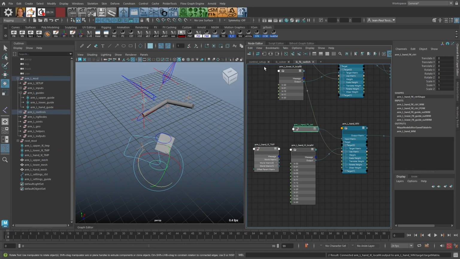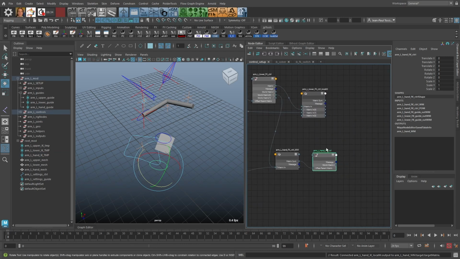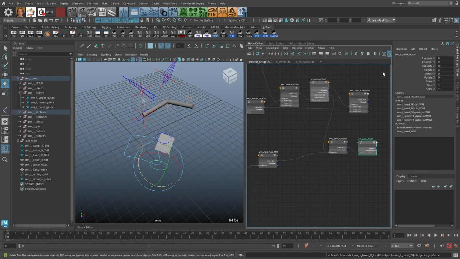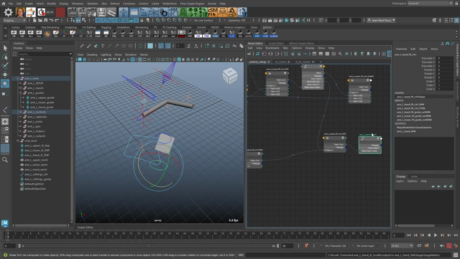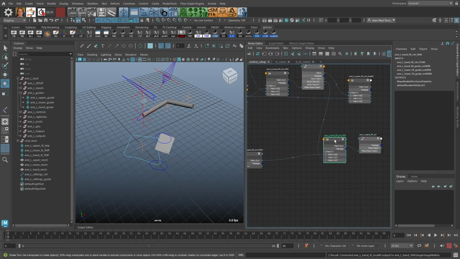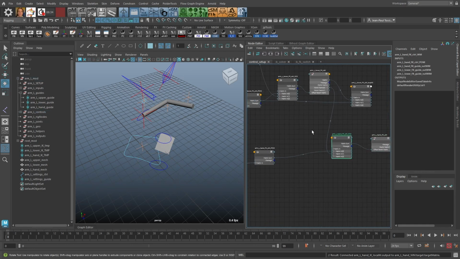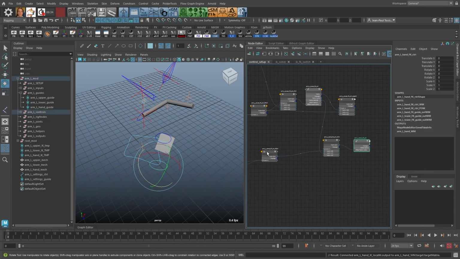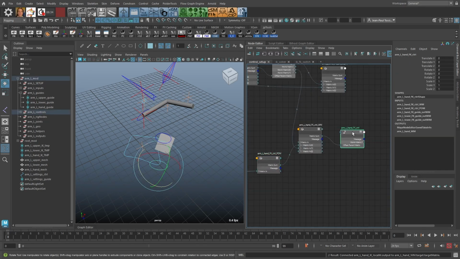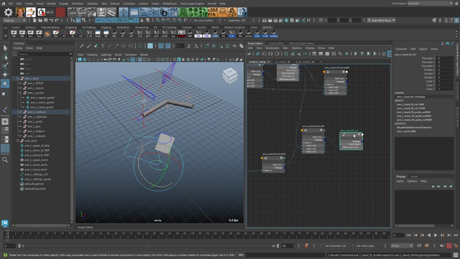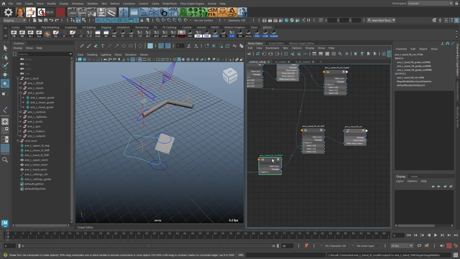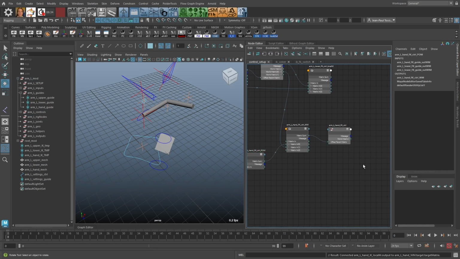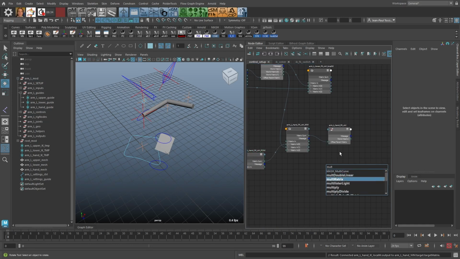And then for the hand FK, we can do the same thing as we did for the lower. We have the world matrix here, which is the input for the control, and we want to have the matrix that is a result of the local matrix of this control multiplied by the buffer matrix or parent offset matrix that we have here. So we create another world matrix node,